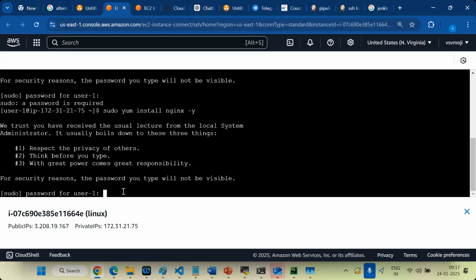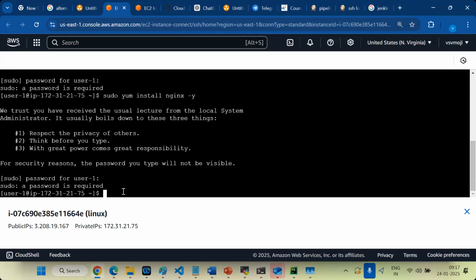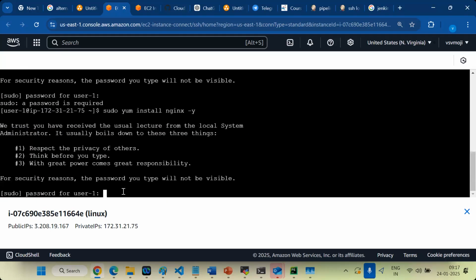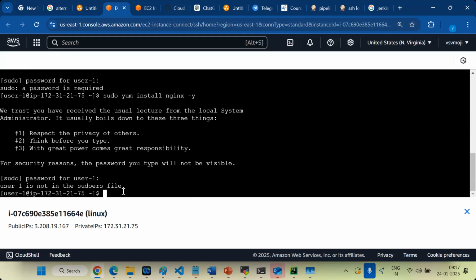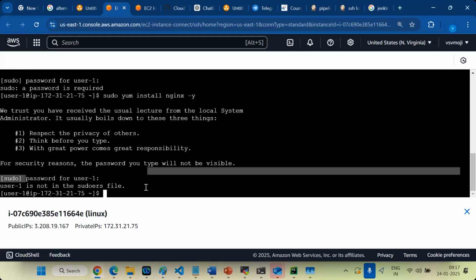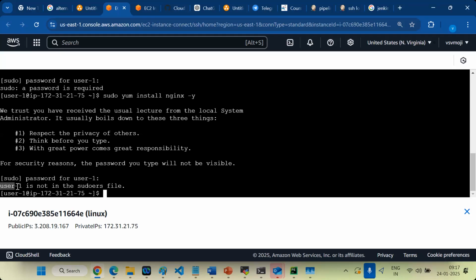It will ask password, right? Now you can give. I have given password. What is the error next? User one is not in the sudoers file.